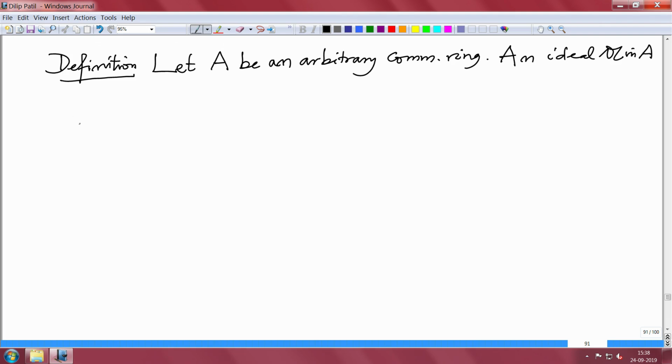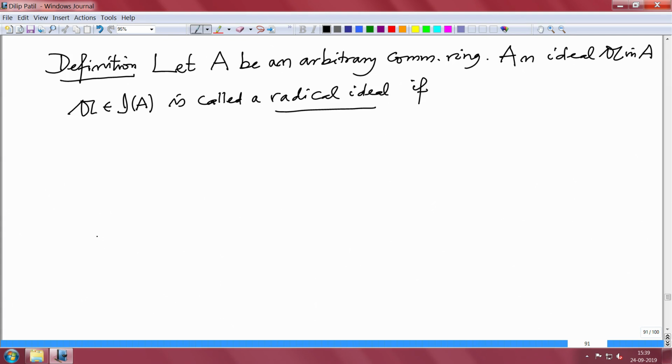Also we have notation for the set of ideals. So, let us use it: Gothic A belonging to I of A, that means it is an ideal in A, is called a radical ideal if... First I will define the root of A. This is by definition all those elements f in A such that some power f power r belongs to the ideal A. Then you call it a radical ideal.